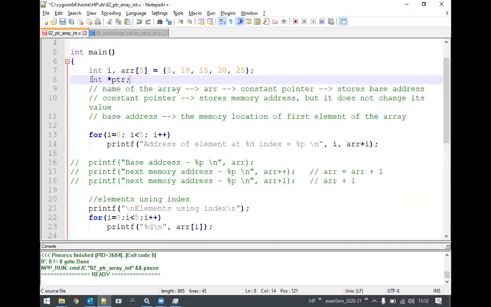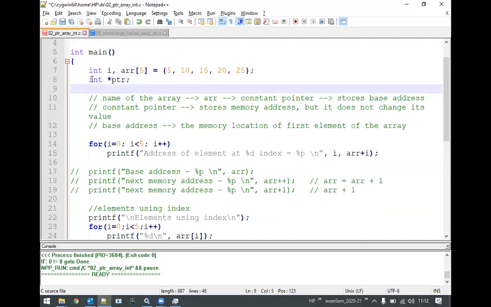This is the declaration. Now if I want to initialize this particular pointer, then I can use ptr equal to the address of the particular array. What is the name of the array here? ARR.